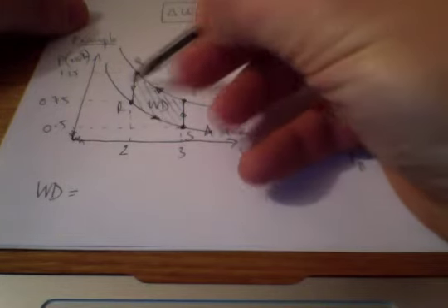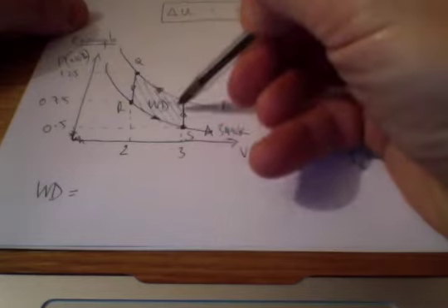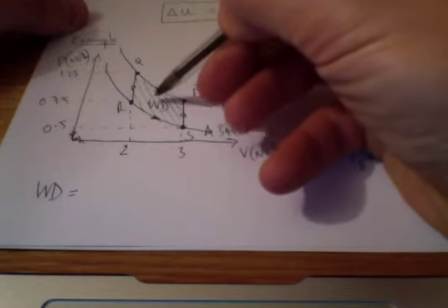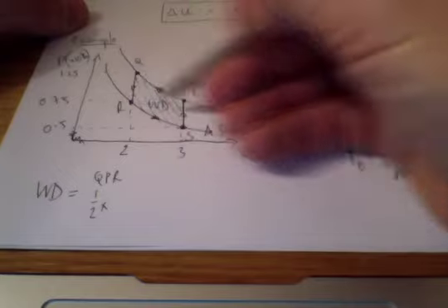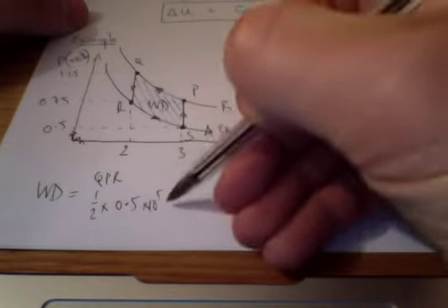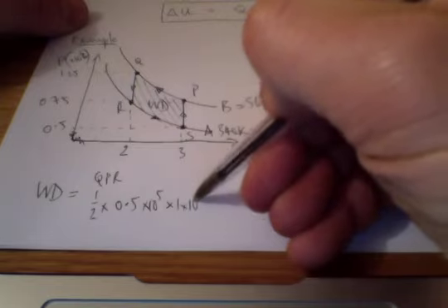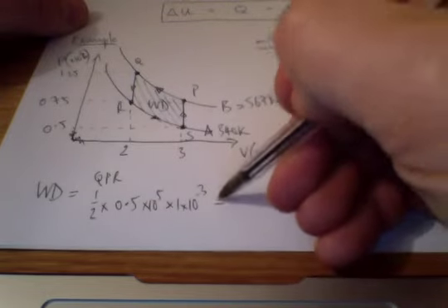You could also, if this was a graph, count the number of squares inside and multiply by the energy per square. But I'm going to assume there's two triangles taking place. So looking at the first triangle, QPR, we've got a half times the height times the base, and the height is going to be the difference, which is 0.5 times 10 to the 5, by 1 times 10 to the minus 3, which is the base, and add that to,